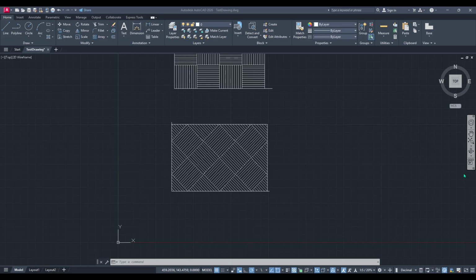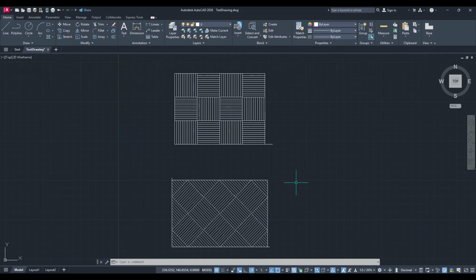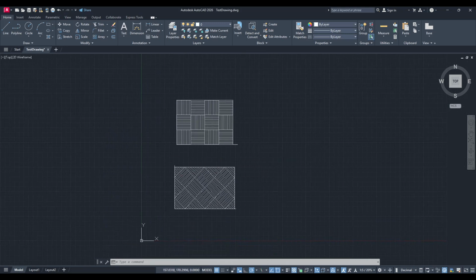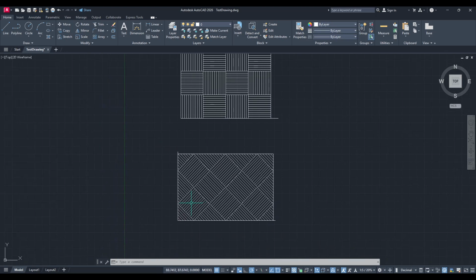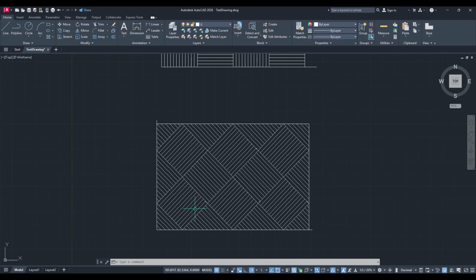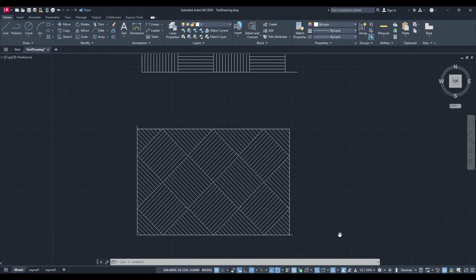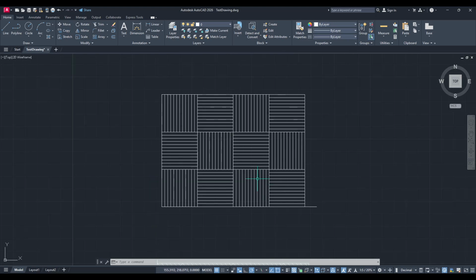In today's video, I'm going to teach you how to print a part of the drawing in AutoCAD. Printing a specific area of your drawing can be incredibly useful when you want to create detailed presentations or share a particular section with colleagues. So, let's dive right into the steps you'll need to follow to successfully print a selected part of your AutoCAD